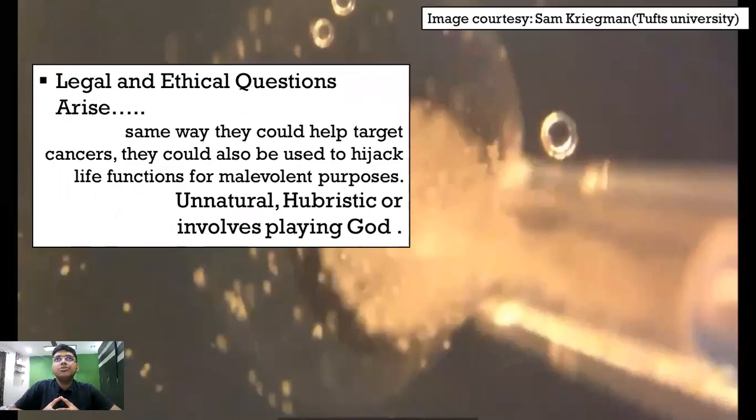So, what does the future of these robots look like? One of the biggest question marks right now is the ethical implications. Once we start creating these robots that have cognitive capabilities and can sense things based on their abilities to think and do things, who is going to be protecting their rights? If these organisms are actively participating in our world,